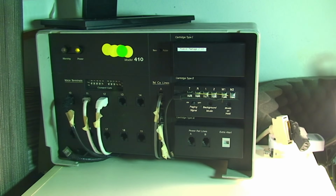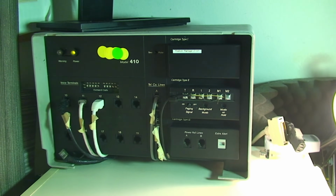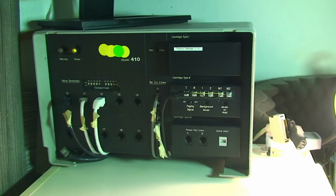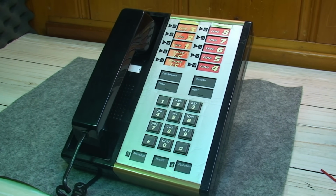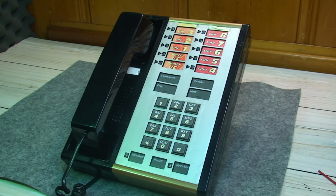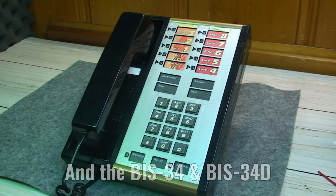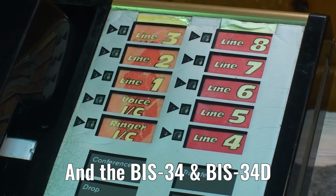They might not have been using them with this particular breadbox style of Merlin phone system. They're probably using it with something that superseded it, like the Merlin 820D2. And here is one particular voice terminal that you would likely use with a Merlin system. This is the AT&T Merlin BIS-10. There was also the BIS-5 and the BIS-22, and that was all referring to how many buttons were on the thing,